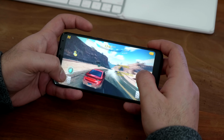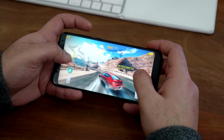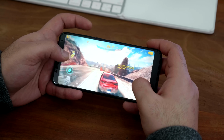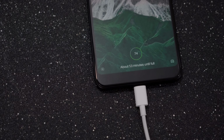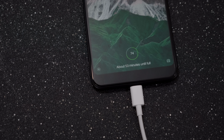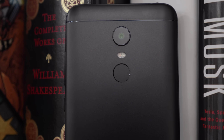The Redmi 5 Plus also manages RAM really well, which is a good thing for the phone, and you will find that in your day-to-day usage, this phone will not let you down. The 4000 mAh battery on the Redmi 5 Plus will also last you a full day and then some, depending on your kind of usage, but anywhere from 6 hours to 7 hours of screen on time is pretty average for this device. Now, from an optics standpoint, the phone on the back only has a 12 megapixel single camera,